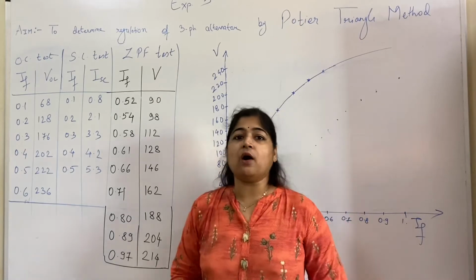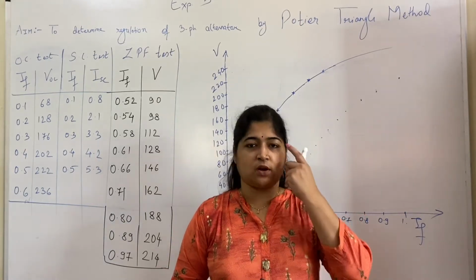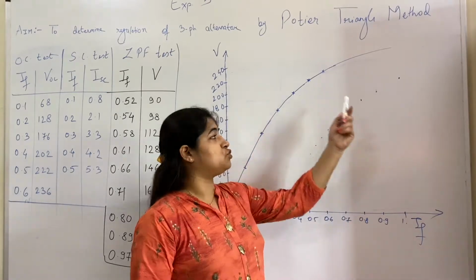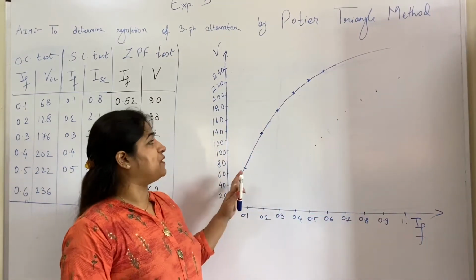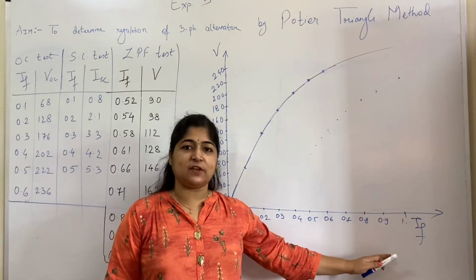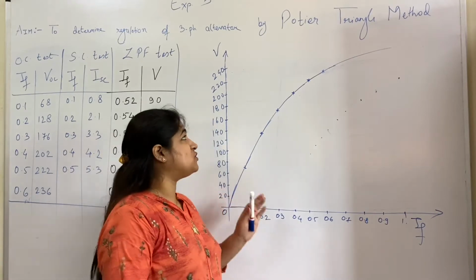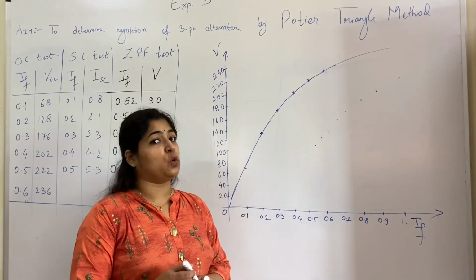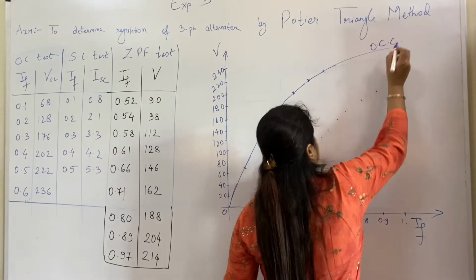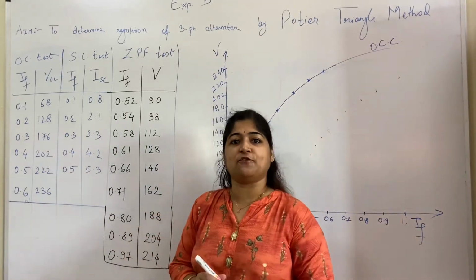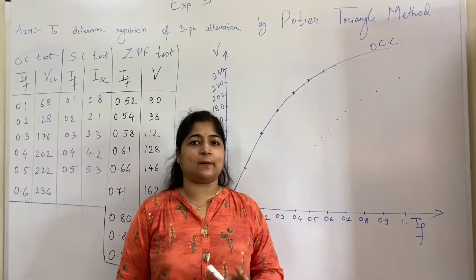Now, how to plot the graph, because the rest of the calculations completely depend upon the graph. So this is how you need to draw the graph for this method. What I have done here is on the x-axis I have taken field current, and on the y-axis I have taken voltage. I have just plotted the OCC curve from the OC test we performed in experiment number 1. So this is the open circuit characteristic I have drawn from this reading. This was simple, so I have just drawn it and kept it ready.